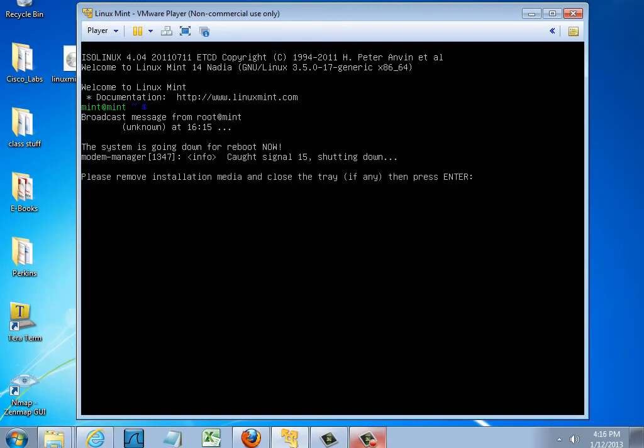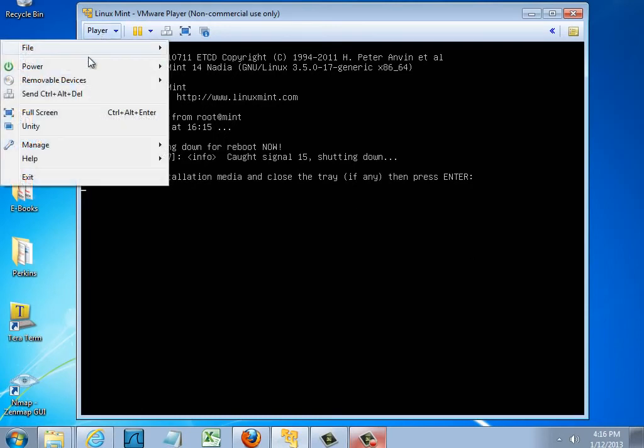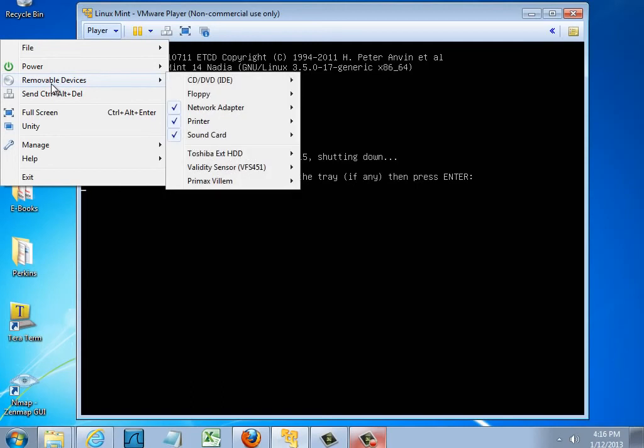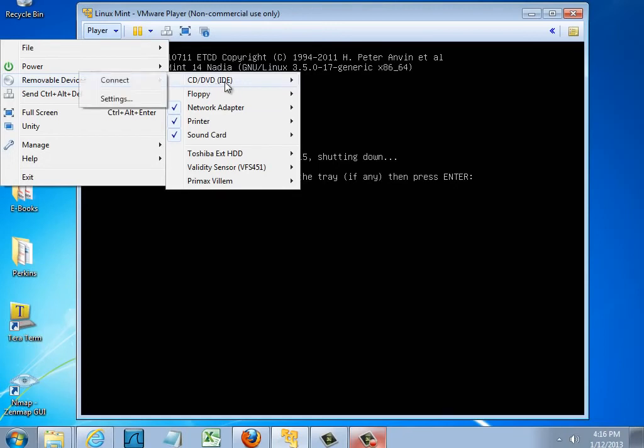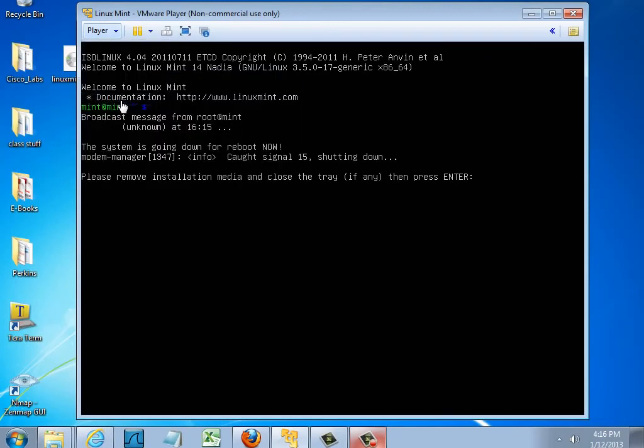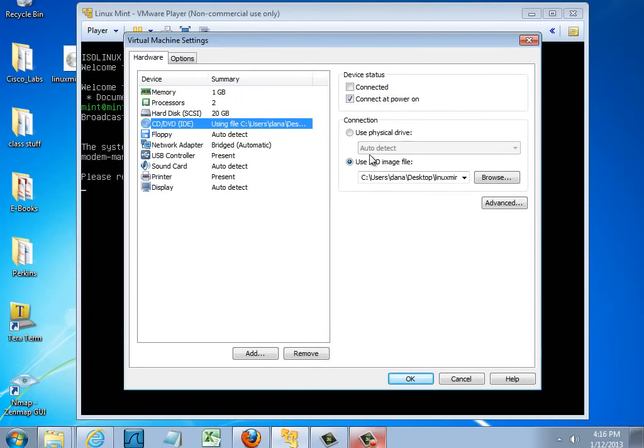Alright, it says please remove installation media and close the tray if any and press enter. Since we told the VM to boot from the ISO file, right, that's curious. So what I might do is take out the cursor, so I'll press Control-Alt on the keyboard, and I'll go to Player, and let's see here, Removable Devices. I'll go to CD-DVD and go to Settings,